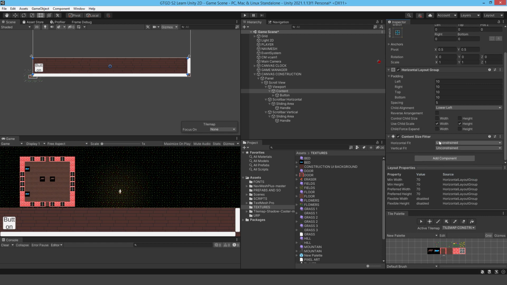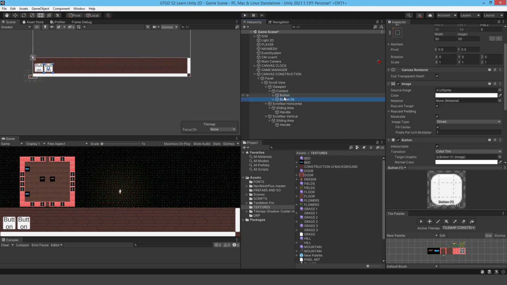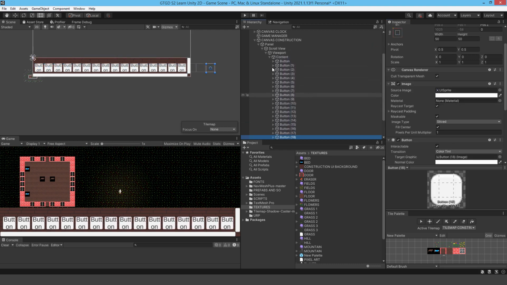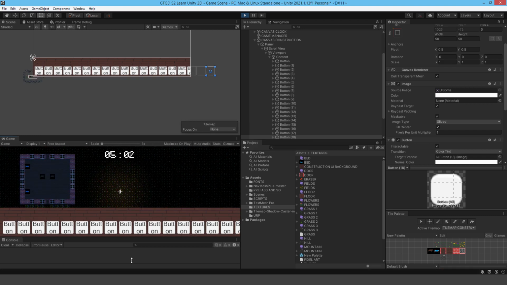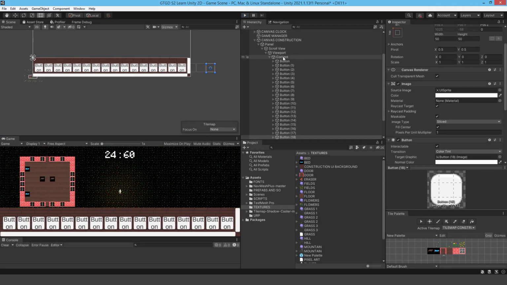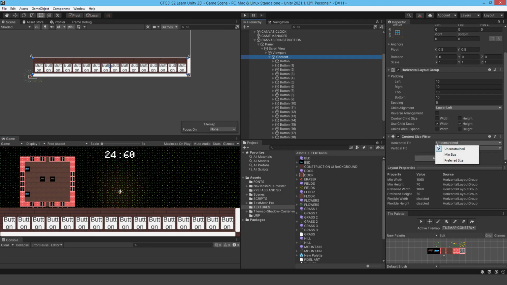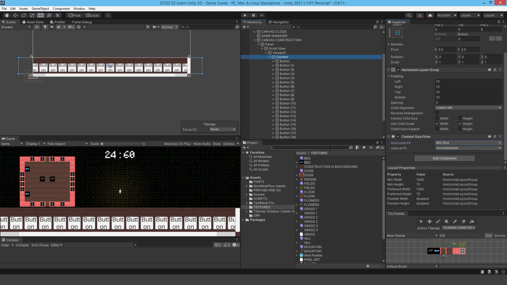Now, it's not really going to work. The scroll bars are not going to. So why don't I just demonstrate that? So I'm just going to fill this thing up full of buttons and hit play. And you see there's no scroll bar, and it just springs back. That's because I need to set the content size fitter horizontal fit to minimum size, and now it will work,